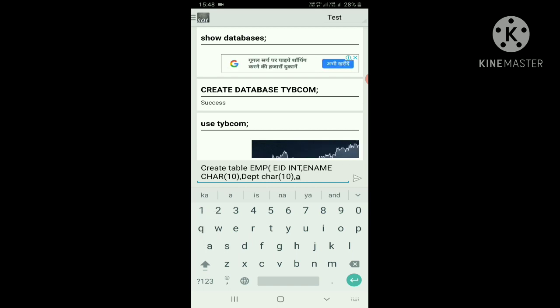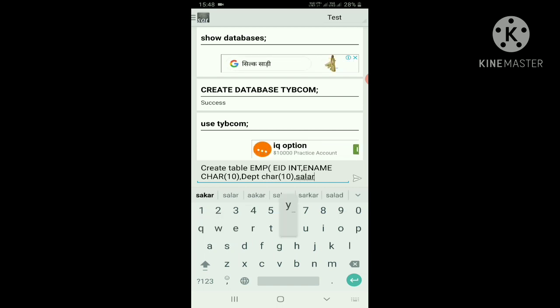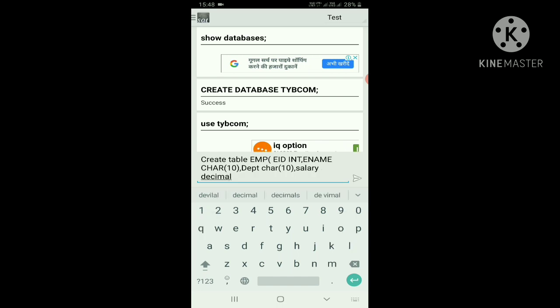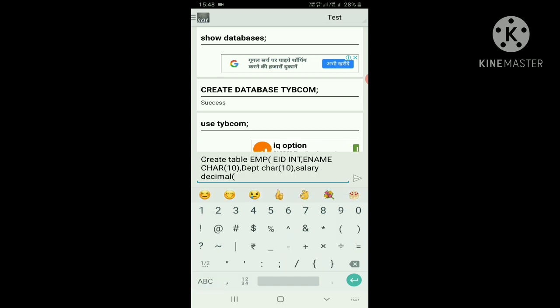Write down salary here, SALARY. If you want, you can take integer, but decimal is the best choice, because salary can have point values also, so you can put decimal 7 comma 5 and close the bracket. 7 comma 5 means you can take 5 digits of integer value before the floating point, and up to 2 digits after the point, for money in rupees, for example 0.50 means 50 paise. So you can use 7 comma 5 here.